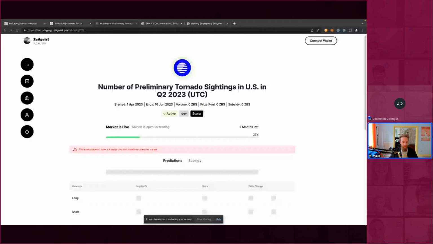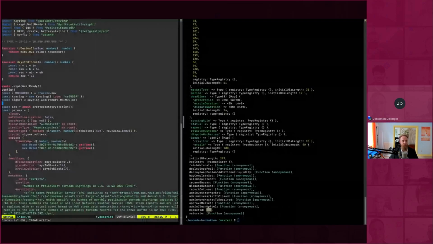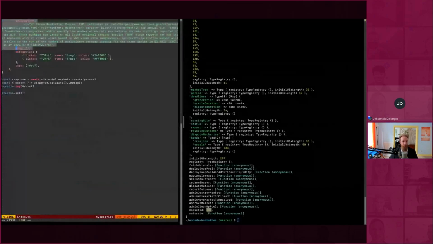So that's kind of like the last thing we want to do here, which is deploy a liquidity pool, and that's really a really important step in the whole process. So we still need the SDK, but we won't need all this market creation stuff here.